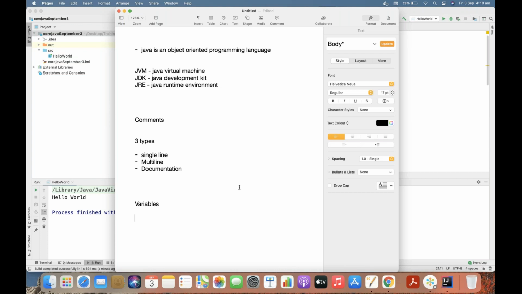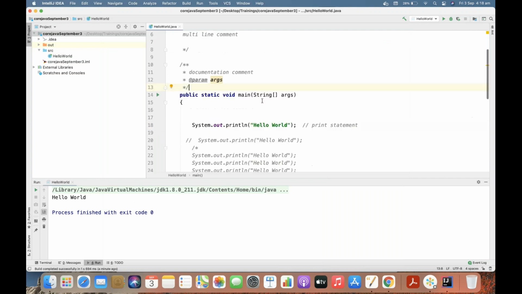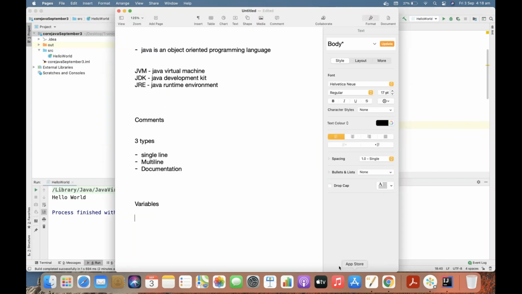Why you need to use it is, if you see the previous program which we just created, I'm not storing any data. Even though I'm trying to print something to the console, I'm directly putting it inside the double quotes of the print statement. But the purpose of using a variable is that a variable is like a container which will store some value.